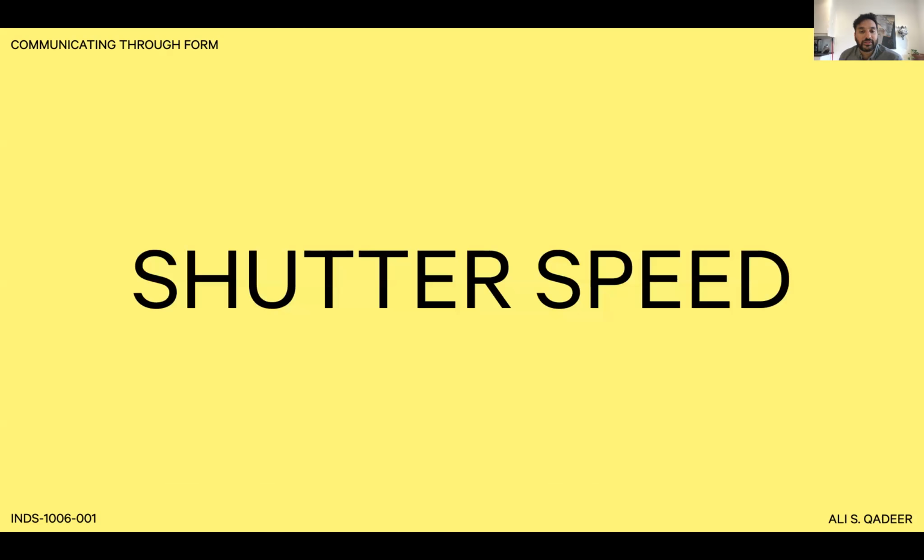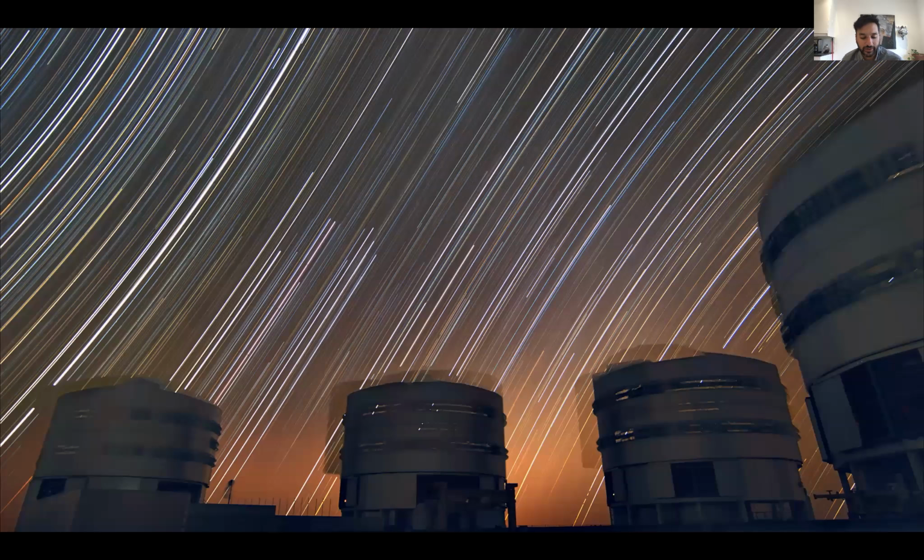The next variable affecting exposure is shutter speed. While the aperture determines the quantity of light that enters the camera, the shutter speed determines how long the light is allowed to enter. Shutter speed is measured in fractions of a second: 1/125th, 1/3000th, 1/2. Longer shutter speeds mean more exposure, but the longer it takes for a camera to take a photo, the more it will pick up on movement that causes visual blurring.